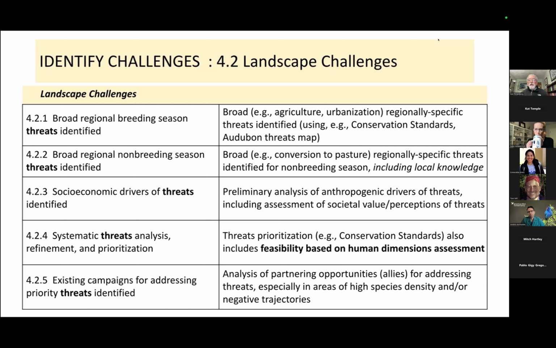Yeah, just to build on that, I don't know, this might jump ahead, Katie, into your next section, but in my experience, I think you said this, a lot of groups have already done these broad threats analyses, and they're not necessarily species specific. And so one of the big challenges in thinking about particular species, and that's the purview of the species working groups, is that translation piece from the broad threats to how it's affecting a particular species,